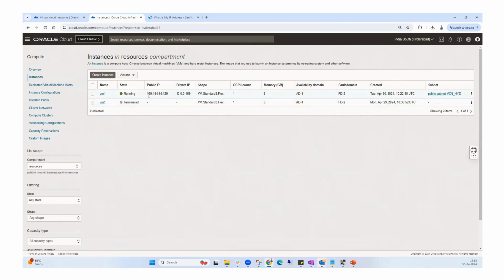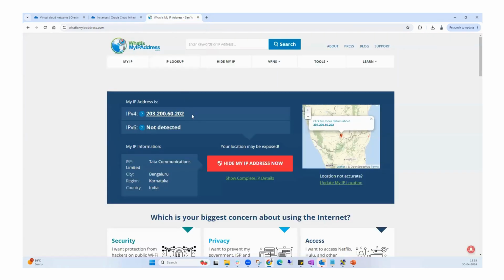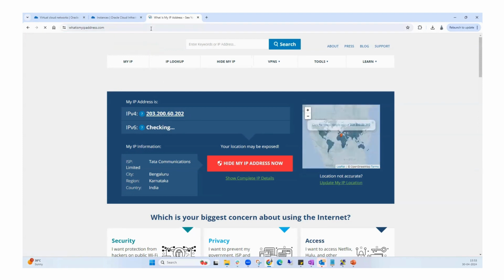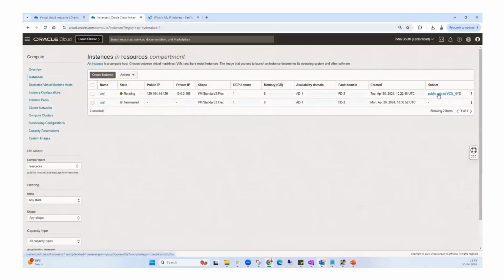Now if you want to access this machine from your laptop, then you have to allow the IP address or CIDR range in the subnet. So what I'm going to do, I want to see what is my public IP address of my particular machine. So this is my IP. Anywhere you just log in and search what is my IP address, you will get the IP address. Once you have an IP address, click on the subnet,